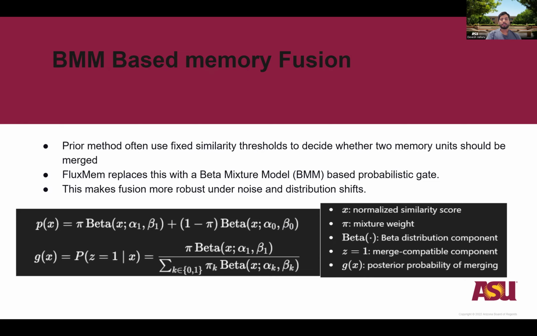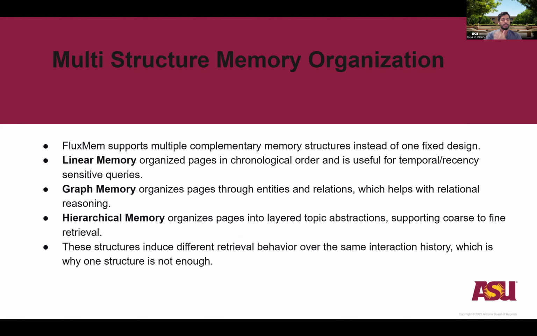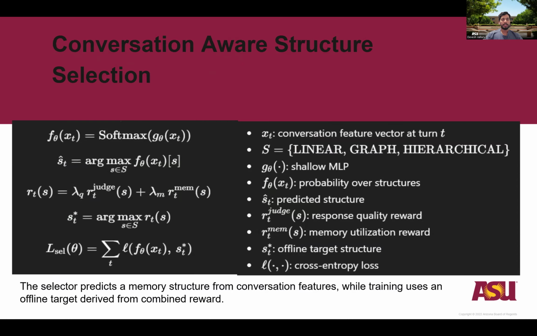They use a normalized similarity score and, based on that, they divide it into rejection or acceptance. And based on this, we have a BMM gate or threshold that can be used